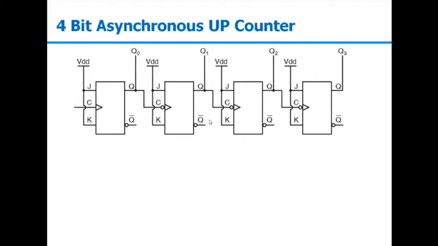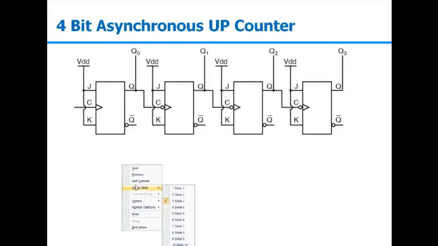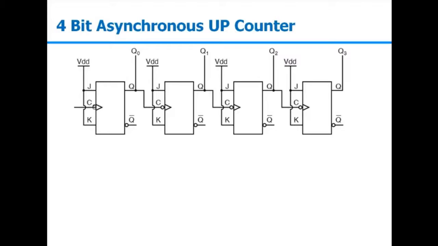Now, as per our last discussion, when we were designing the up counter, if we are having the negative edge triggered flip flop, we will be connecting Q to clock of the next flip flop. So let this be my zeroth flip flop, this is first flip flop, this is second, and this is third. And we are talking about the JK configuration. So for 4-bit, we need 4 flip flops that we have taken.